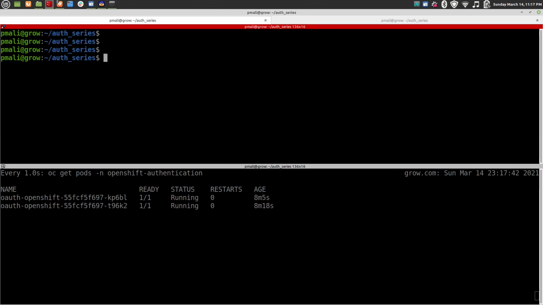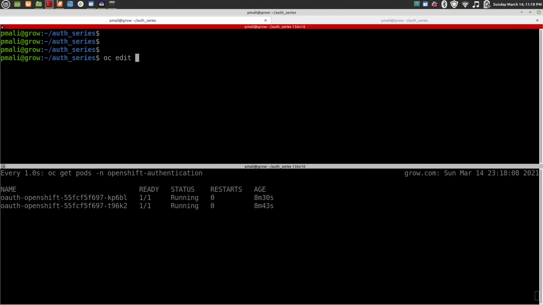Now let's check our lookup mapping method in the OAuth configuration. So what is lookup? Lookup does not create users in the environment on login. It just searches for already mapped users. Here we already deleted the GeekSurf user, so there is no GeekSurf user mapped with any identity. So it should throw an error on login. Let's modify our OAuth configuration and try to log in with the user.